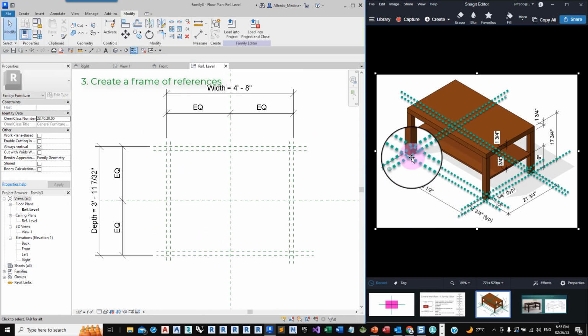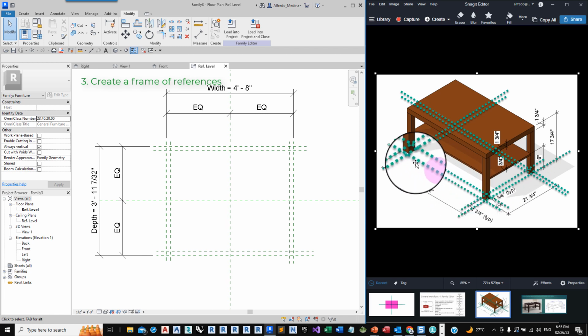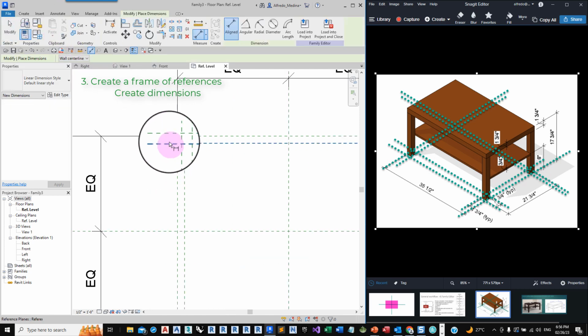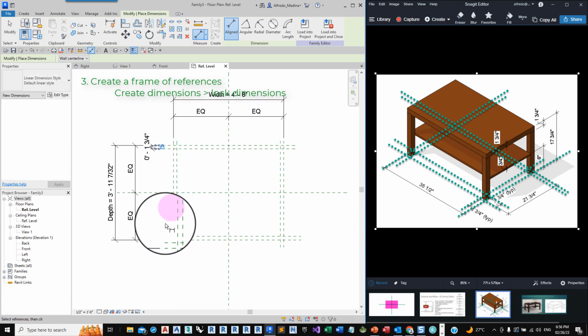Does that thickness of the legs need to be parametric? Usually no, but of course anything can be parametric. But let's say that we're not interested in putting a parameter to those dimensions. So when something does not need to be parametric, you can simply put a dimension and lock that distance.